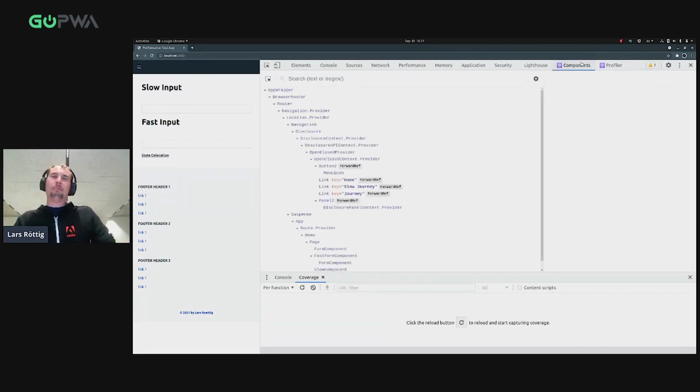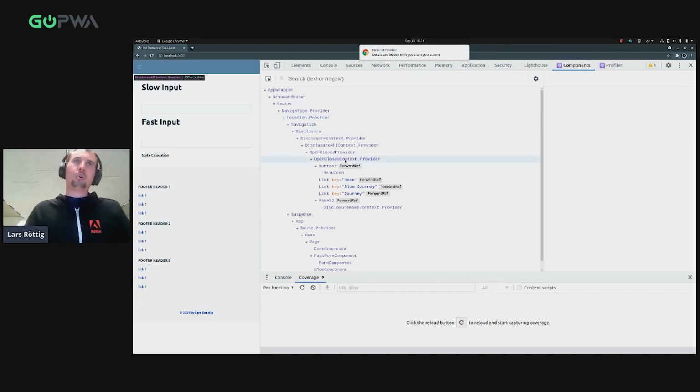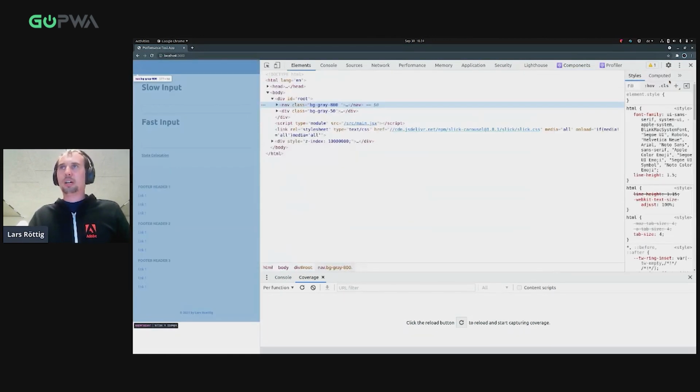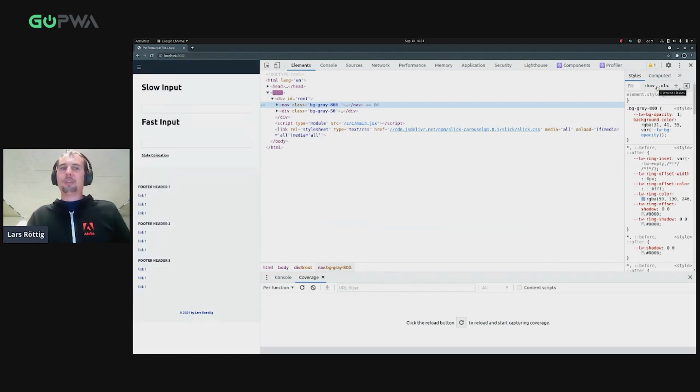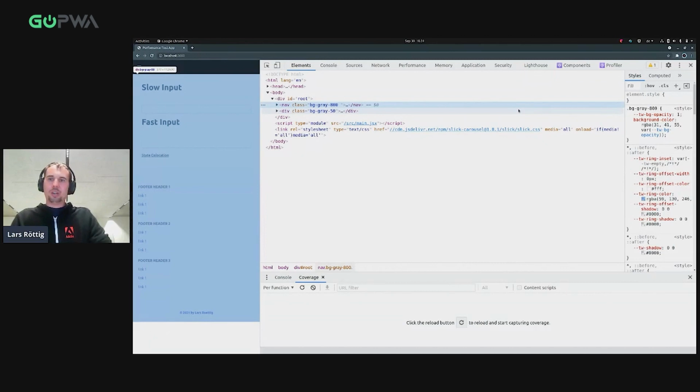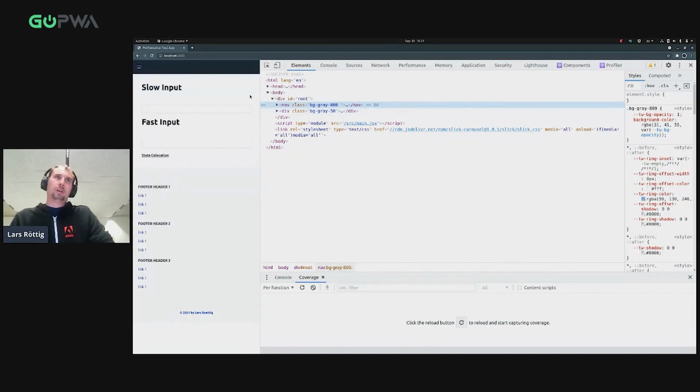So it's helpful in a production build. And also you have things like, I have here a provider and would like to know about props. I would like to know which element this is in the DOM. So it's really helpful to have the React tools installed. And so, okay.